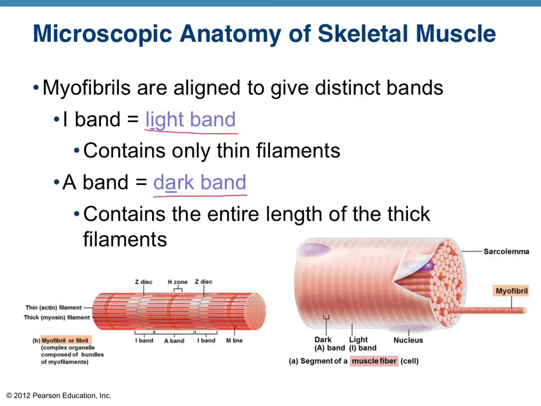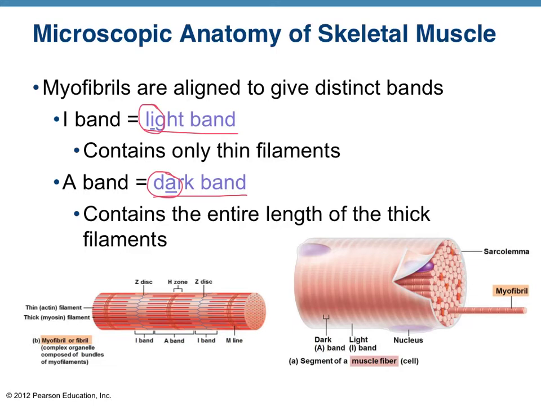Now, for our purposes, we're not going to call them A bands and I bands. We'll just say light and dark, because that's what the appearance actually is. You can use this little example that I've got. I keep them straight by thinking about the I in light and the A in dark to remember which is which. But they're overlapped. They have overlapped proteins that are kind of like when you interlace your fingers,